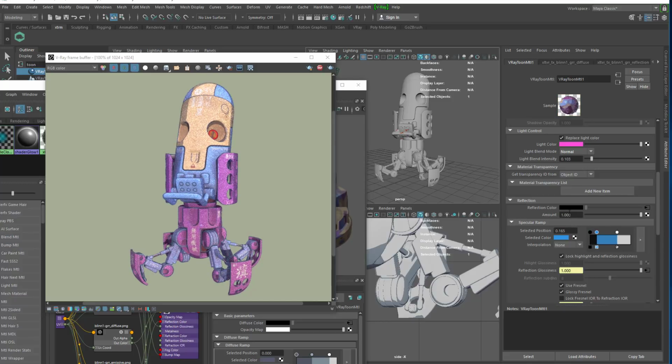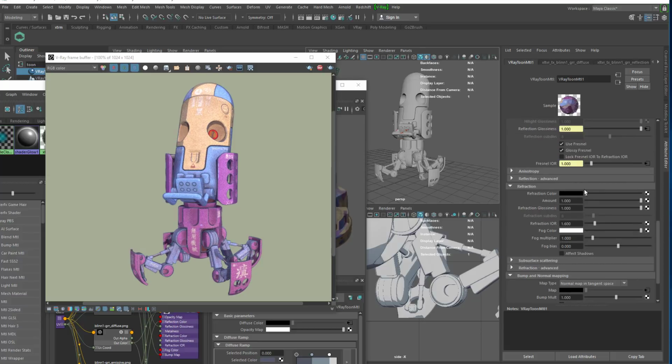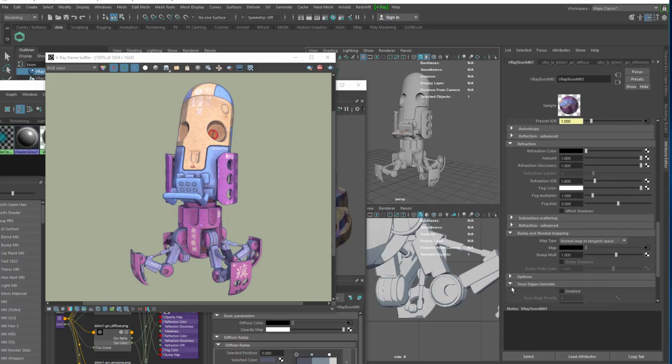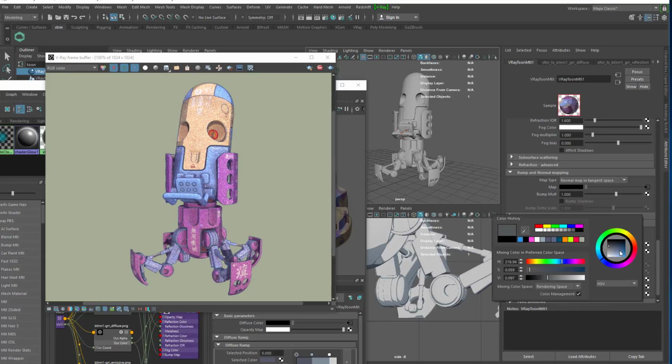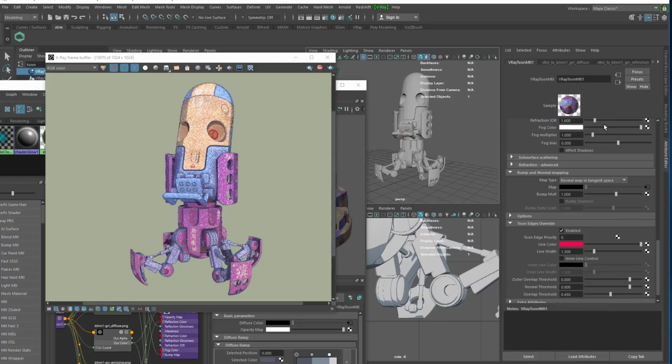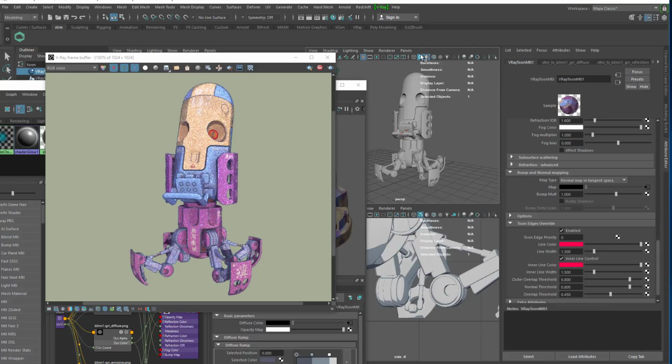Okay, so the next stuff I want to look at now is a very important one. It's Toon edge override. Sometimes it works, sometimes it doesn't work, probably because I'm using the beta, but just turning them on. Now I can come and make my edge red, and as you can see it is not working. The override is not working right now, but it's not a problem because I have only that object in my